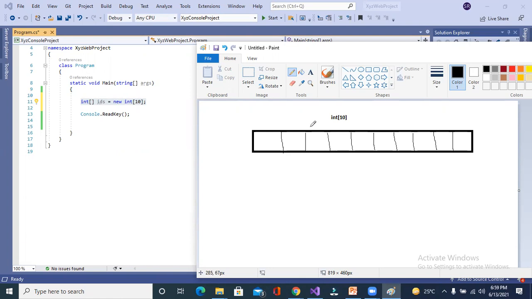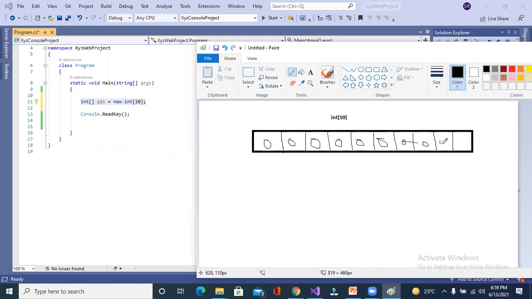What happens behind the scenes? It will create one large block and divide it into 10 parts, and by default, the value would be 0. When you create an array of integer type, by default the value would be 0.